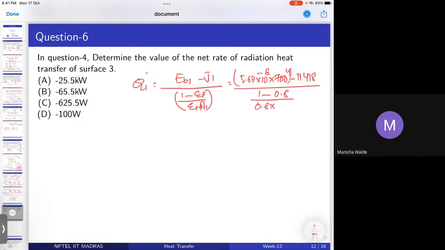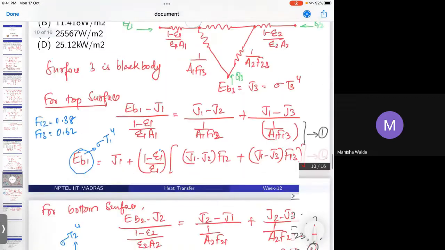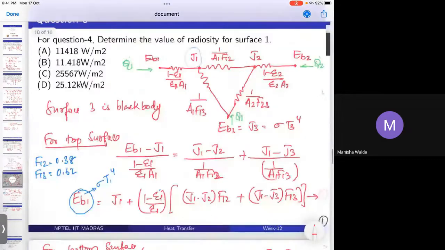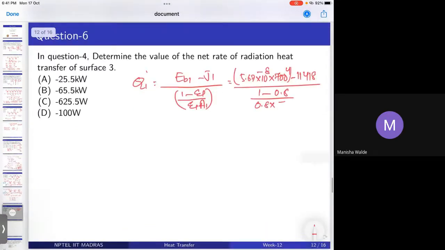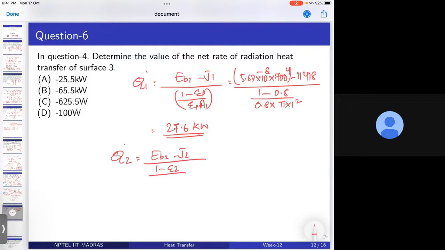So what is the area of surface 1? The radius is 1, so the area is pi r square, that is pi into 1 square. If you calculate this, you will get the answer as 27.6 kilowatts. Like that, if you calculate Q2, that is EB2 minus J2 divided by (1 minus epsilon 2) by (epsilon 2 A2), we will get